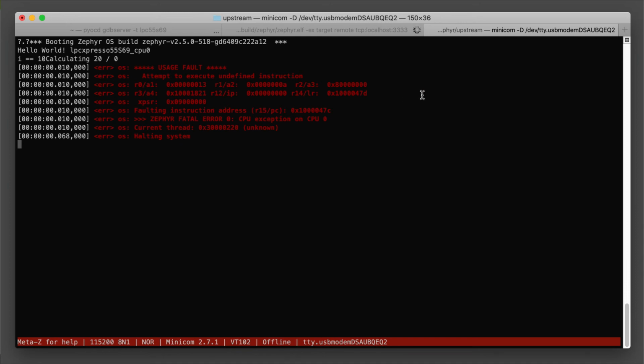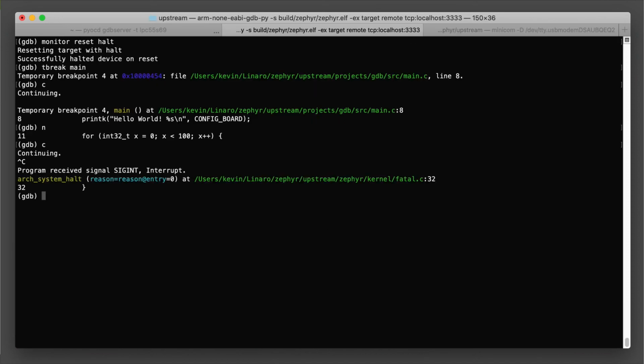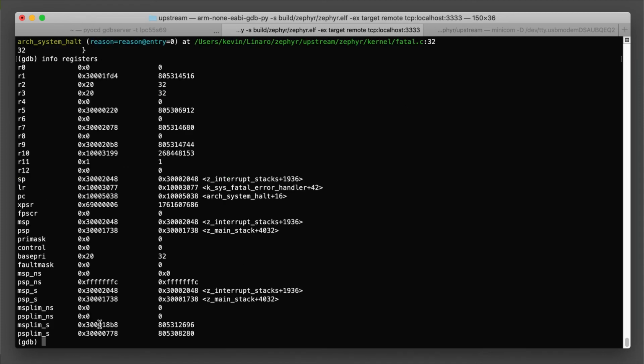It's kind of cheating because we can actually see the address where the error came from, but we're just going to ignore that for now and pretend we don't have that information and try to figure it out for ourselves using only GDB. So Control-C stops execution, and we can see where we've stopped. Let's check the system registers, and you want to look specifically at the LR register, because that's going to tell us whether we want to look at the main stack pointer or the